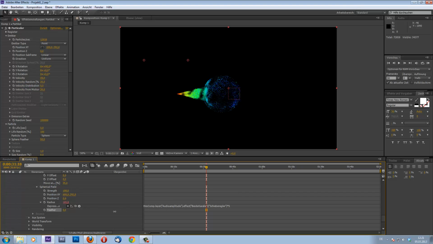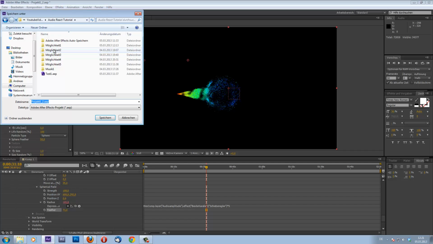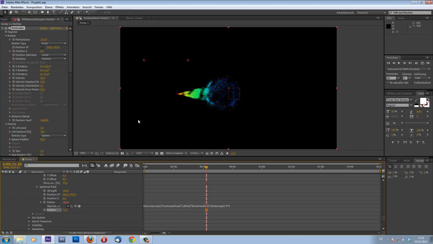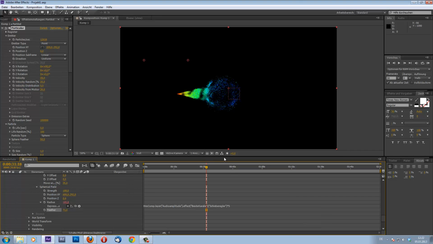Maybe put down the feather. I said it again. Do what you want. Play around with the options. Okay, I save it as Möglichkeit 2 project 1. Okay, there is not a lot of difference between the second and the third